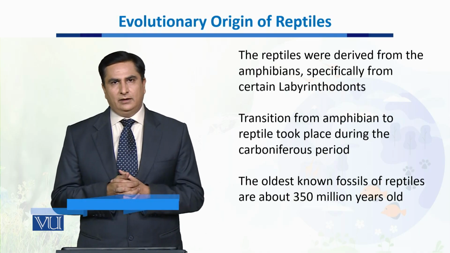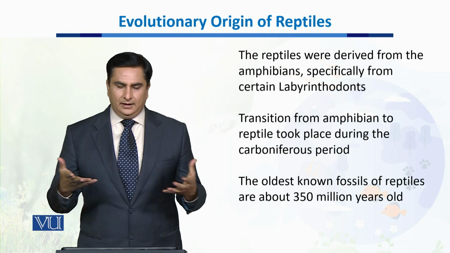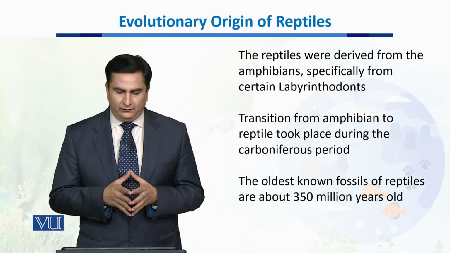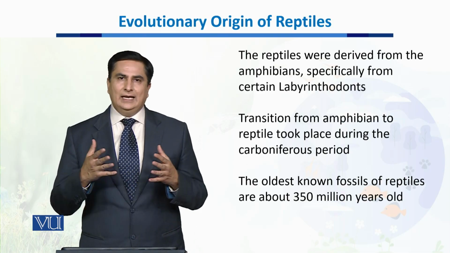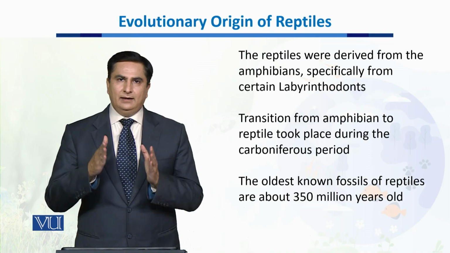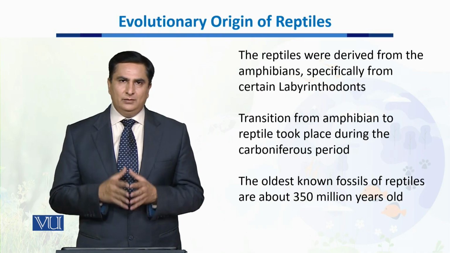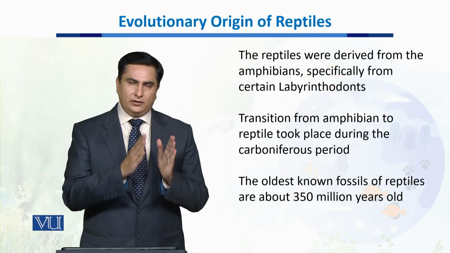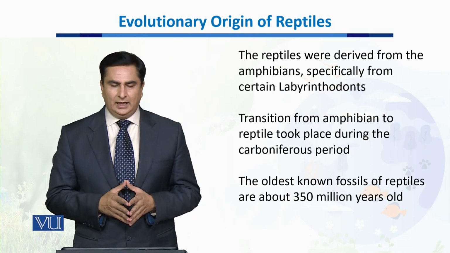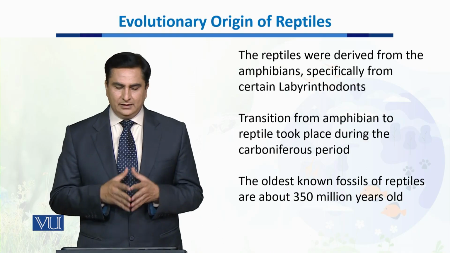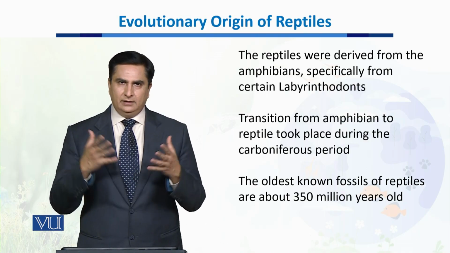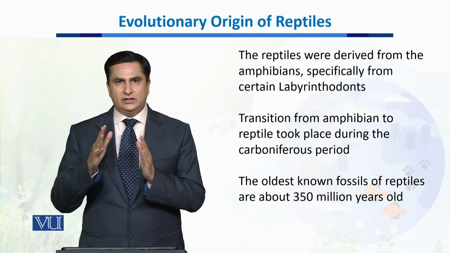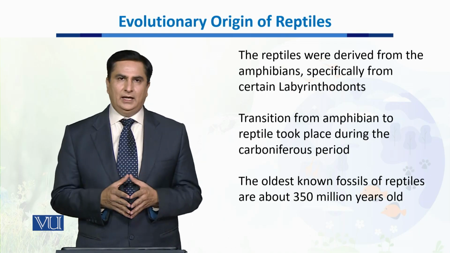The reptiles were actually derived from the amphibians, a special group of amphibians called labyrinthodonts. They originated from this class of amphibians. Now, this transition from amphibian to reptile took place during the Carboniferous period in ancient times, and the oldest known fossils of reptiles are about